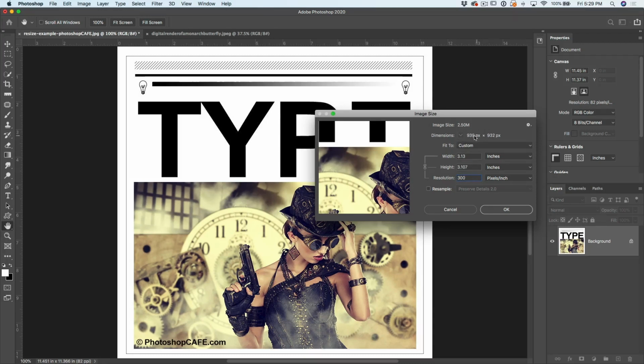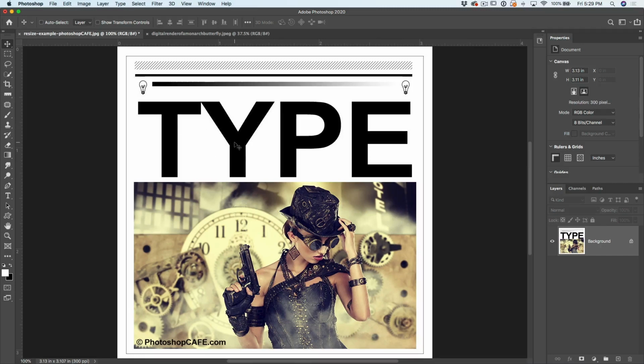Notice the dimensions are still 939. I can make this 1,000. Notice it's still 939. That is not changing. So if I go here and I set this to 300 and I click OK, the image didn't change. It's exactly the same image. So the computer works with those pixels. So if that's a 3000 by 3000 pixel image, unless I resize it, it's always going to be 3000 by 3000 pixels, no matter what resolution I assign it to. So really that resolution means nothing,